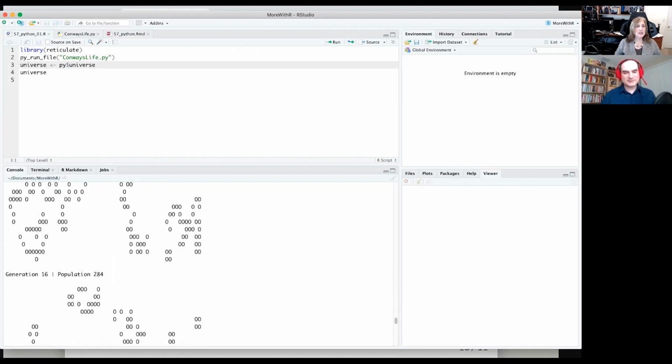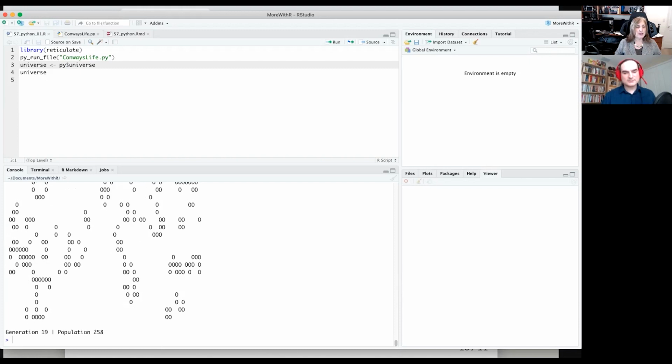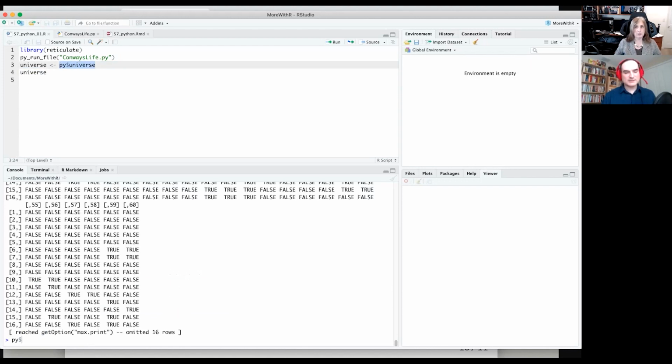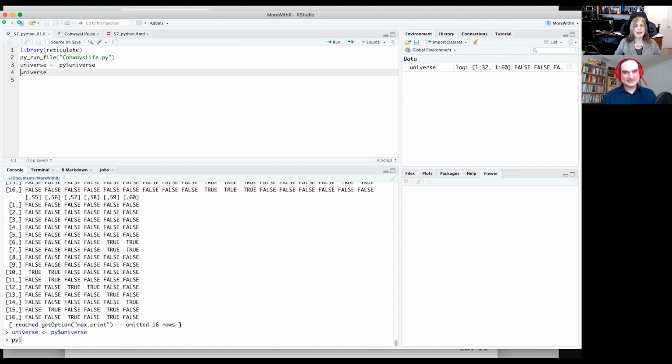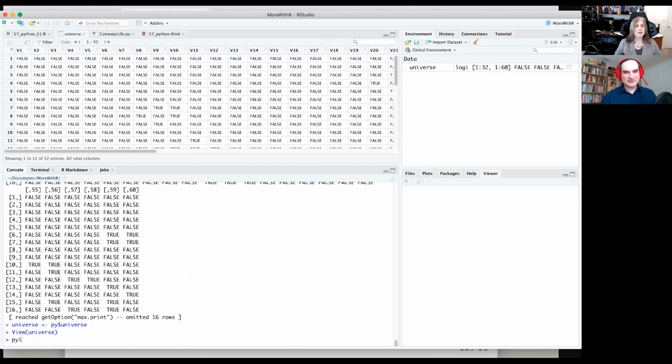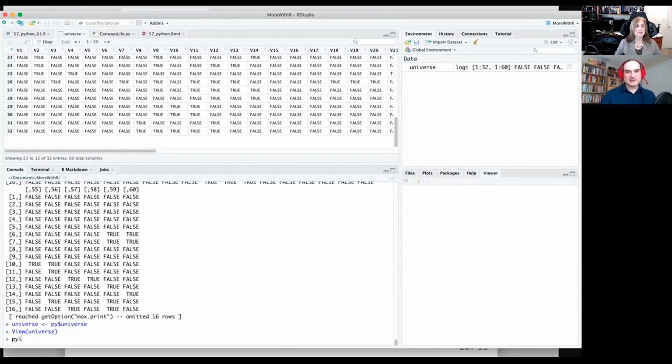And now I can actually access the Python variables with this py and then the $, and then you can see all the variables that are here. So if I just try to run this, I don't think anything happens. No, actually it does. Who knew? But if I store it in an R variable, I can actually then use RStudio to open it up and take a look at what's here. And it's just a logical matrix of TRUEs and FALSEs. This is the same matrix that is in the Python object, and we've just plugged straight into it, and we're able to inspect it and work with it here.